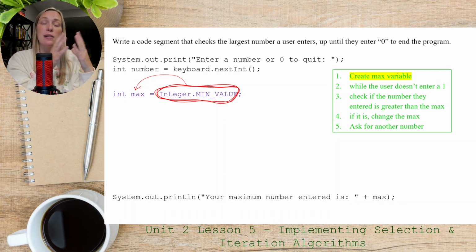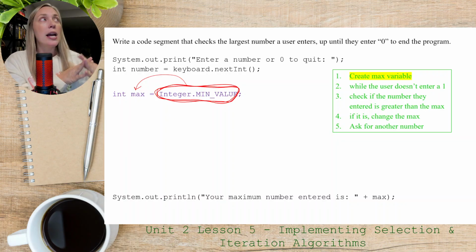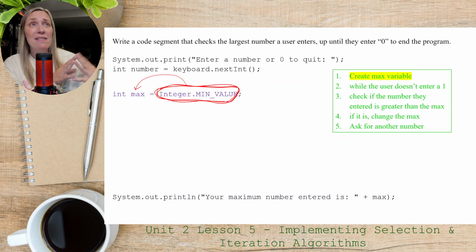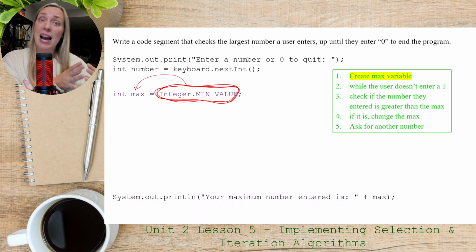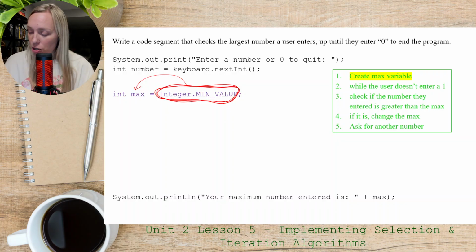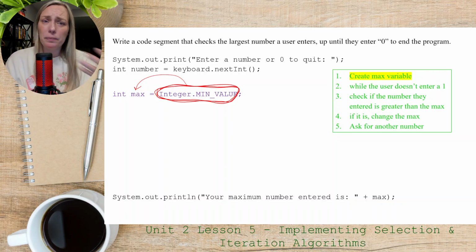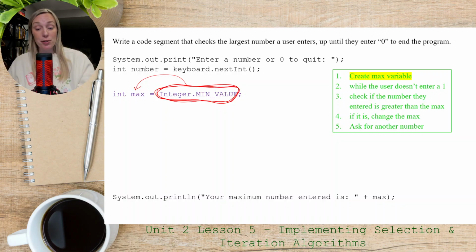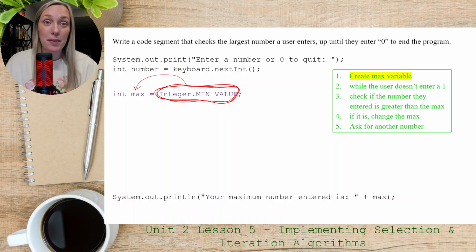It can't just be nothing, right? It can't be undeclared. And we don't want to necessarily put a 0 in there or a negative 10 or even a negative 1,000, because we don't know what the user is going to enter. The user might only enter negative 2,000, negative 3,000. So if you pick negative 1,000, all of a sudden what you coded in there is going to be the maximum number by default, and it's going to print an inaccurate result because the user entered all numbers less than